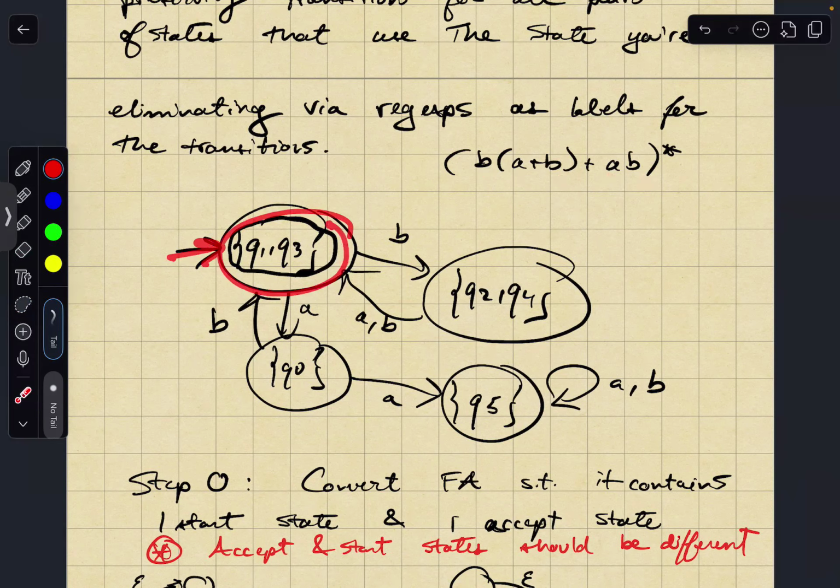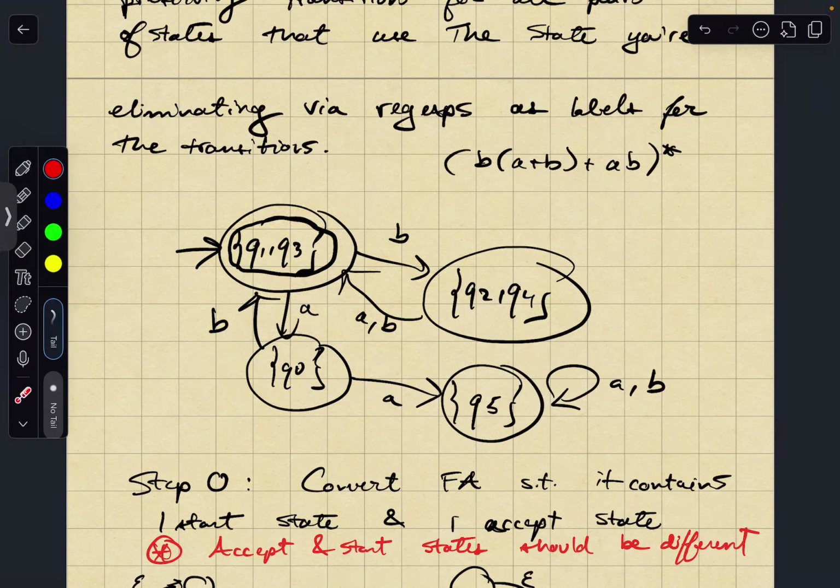Well, let's see. Okay, I'm at my start state. I can read AB, right? So I can have AB. Then I can maybe use this. I can read B and then have A or B. And then I can repeat this any number of times, interchanging any number of times, right? And so this is exactly what this is describing. So yes, it does seem like these two are equivalent in terms of describing or accepting a regular language.